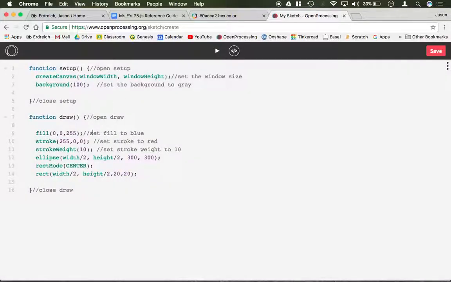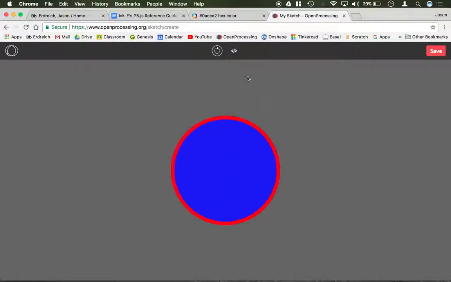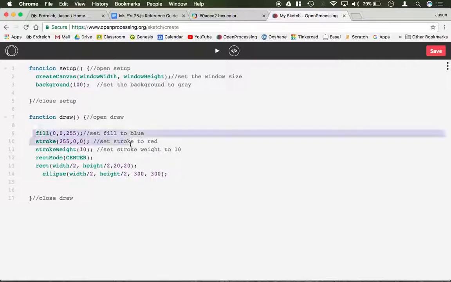If I wanted the ellipse to be on top of the rectangle, I would just have to move the ellipse below the rectangle, and you're no longer going to be able to see the rectangle because it's now hidden behind the ellipse. And that's because, again, everything that happens first in your draw command is listed behind whatever happens